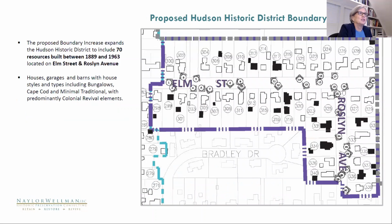But our focus has really been on Elm Street and Roslyn. That was the neighborhood that really initiated this process with the city. We have 70 resources within that area of town that were built between 1889 and 1963 on Elm and Roslyn. The types of buildings that are included are houses, garages, barns. We have styles and types including bungalows, Cape Cod, minimal traditional, and with predominantly colonial revival elements, which is important. I'll talk to you about that a little bit farther as we go through